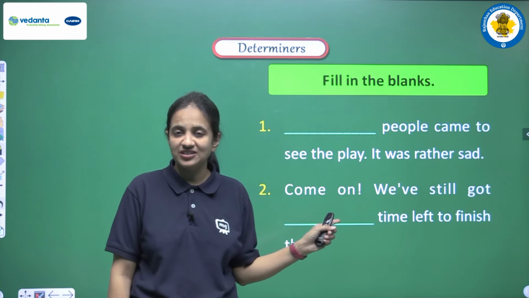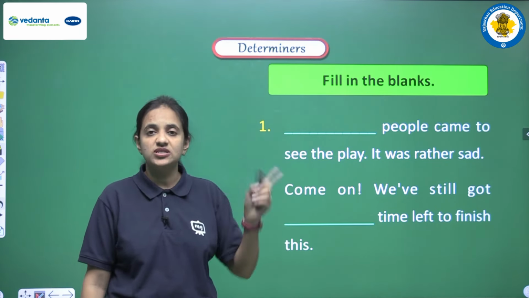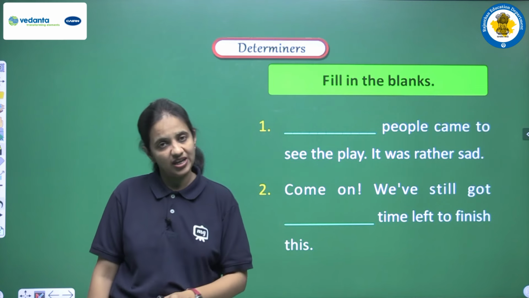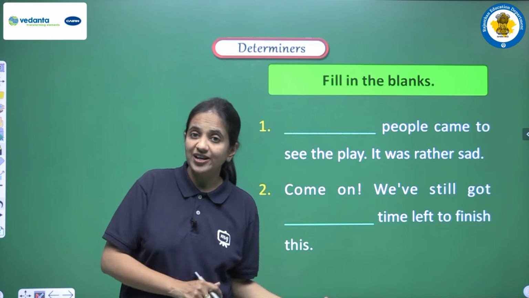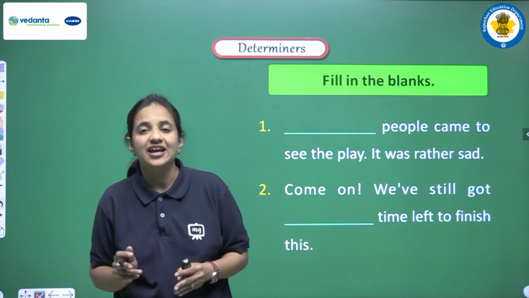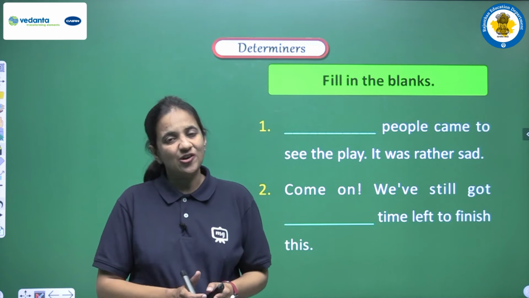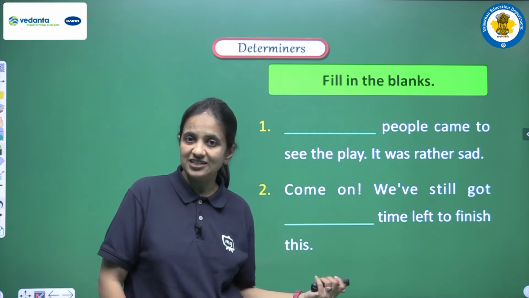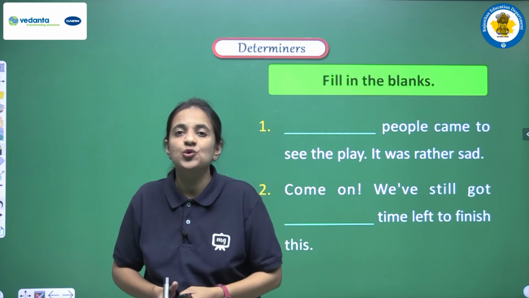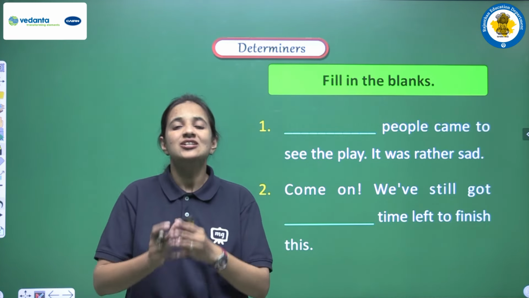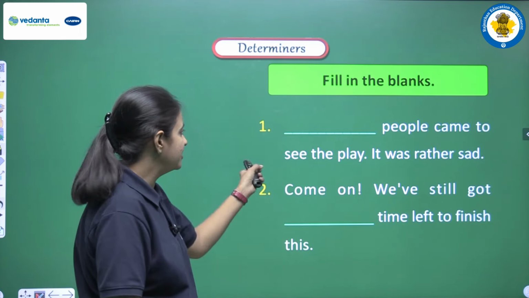We are having some sentences. We have to read the sentence and then fill the blanks using the appropriate determiner. Okay. So observe the sentence very carefully, observe the kind of noun that we are having very carefully, and then according to the sentence use the appropriate determiner. I am very much sure that you all are ready with your answers, because we have discussed all the determiners in today's video. We have discussed so many sentences, so many examples. So now you all are ready. Let's solve this practice exercise with sentence 1.